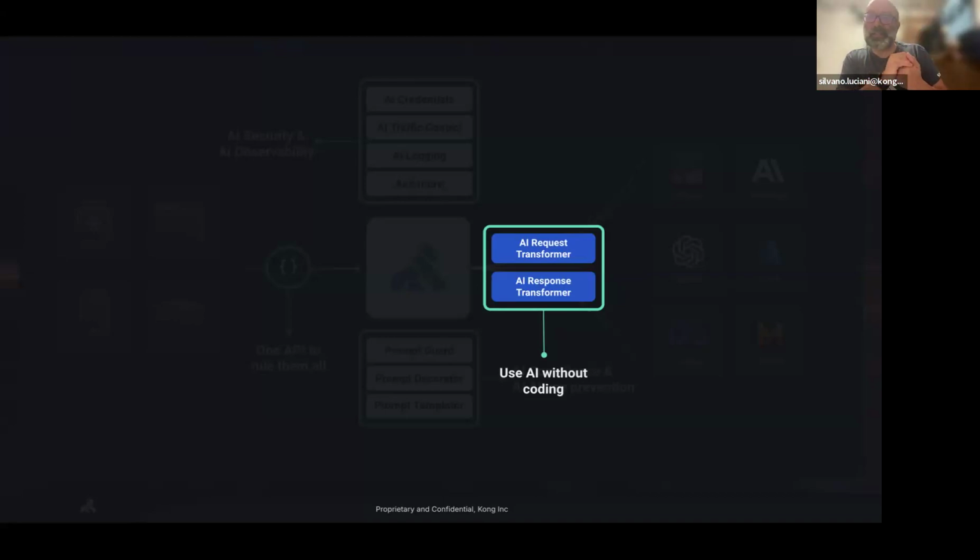And so imagine one example could be you want to transform every indication of temperature that is in Fahrenheit into Celsius. You just write that prompt, we send the prompt and the request, for example, to the LLM provider, and they provide the transformation. Or, in other cases, you might want to filter out of a response anything that looks like a credit card. Same thing. You express in the prompt, filter out everything that looks like a credit card. We send that with the response to the LLM, it does the filtering, and then we send back the filtered response.